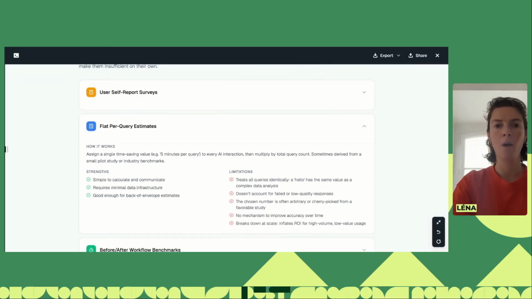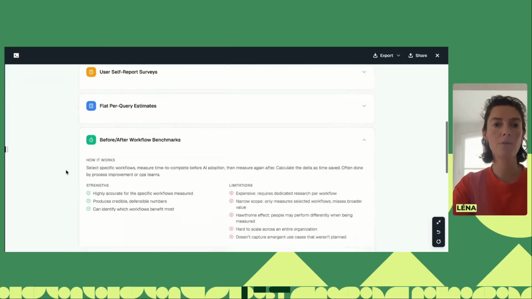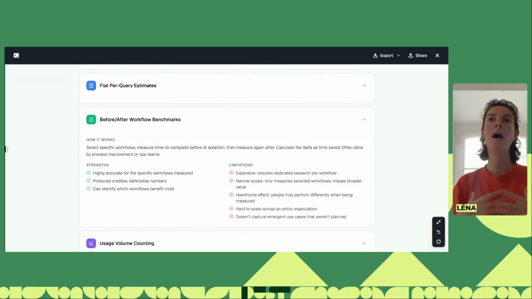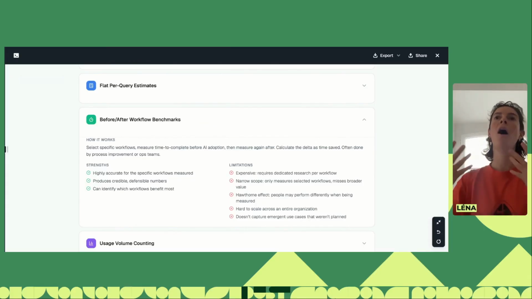What we see the most when it comes to ROI is really the before and after workflow. Usually someone in the ops team in charge of AI will interview users, or department per department, on specific use cases that should bring a lot of value. They ask the team, okay, for this current task, how many hours are you actually dedicating to it? Or how many articles are you producing, writing a month, and so on,